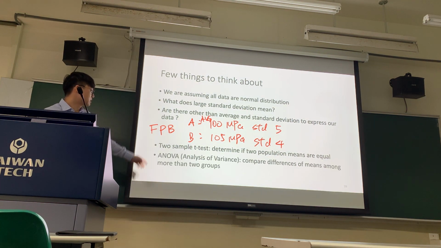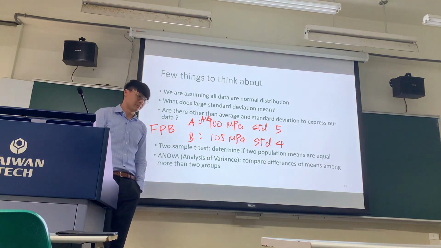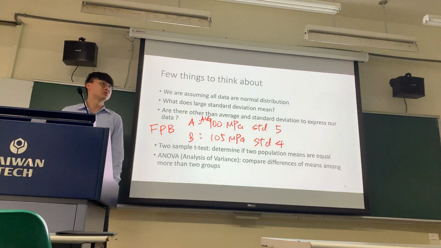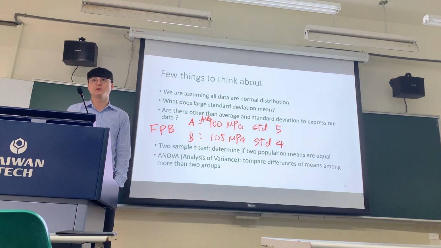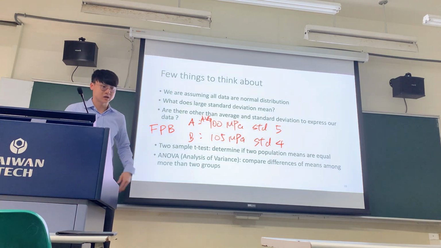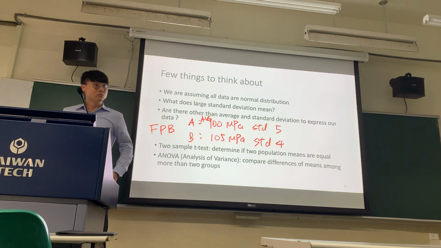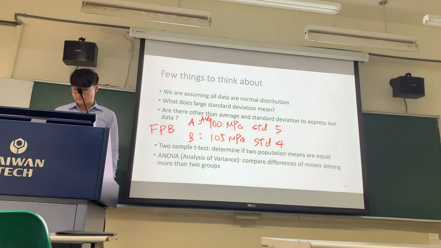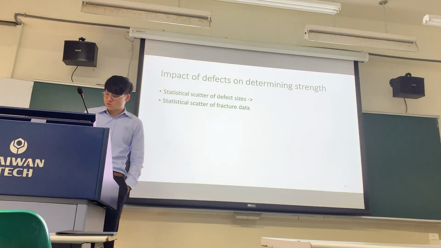So another thing is I know it's also possible to compare the difference between more than two groups. So ANOVA is also being done. I don't expect you to do that in the research, but in my research group, I do expect my students to be well familiar with ANOVA. Again, I'm just sick of looking at standard deviation and average because you can do more than this, right? So let's continue. Impact of defects on determined strengths,